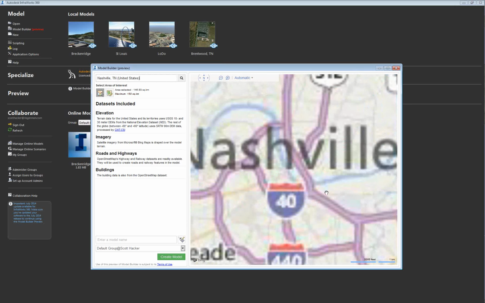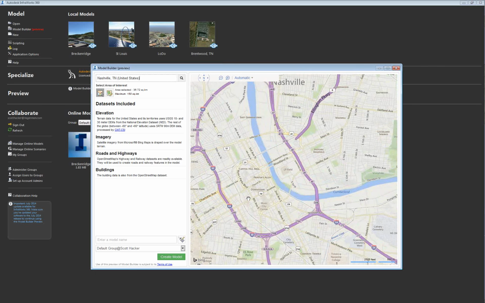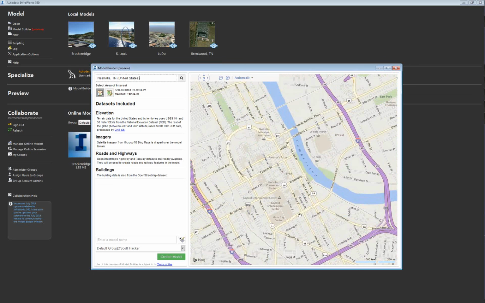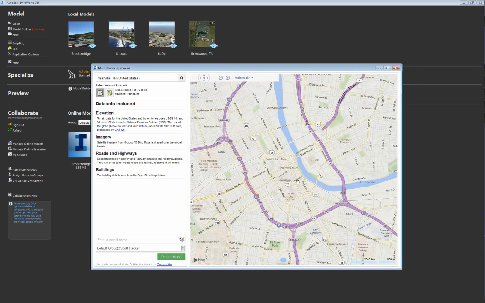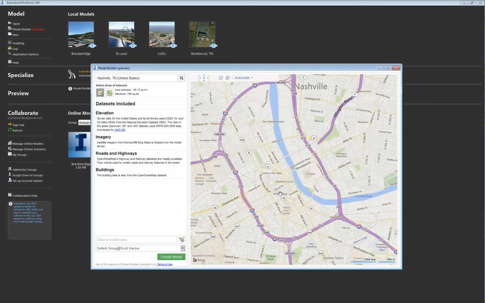And I'm going to do the best I can to find downtown. It's always nice when they put that in there for us. Okay, here's the convention center. Actually, this isn't downtown. It's the Gaylord Entertainment Center, which is not quite at downtown, but this will be good enough for us. I can zoom in and out using my mouse, just as we do in AutoCAD, Civil 3D, etc. Okay. I can pan around, get it centered to where I want,